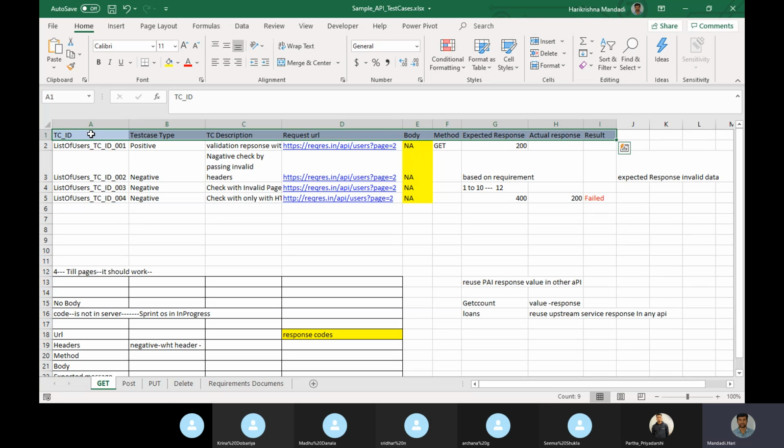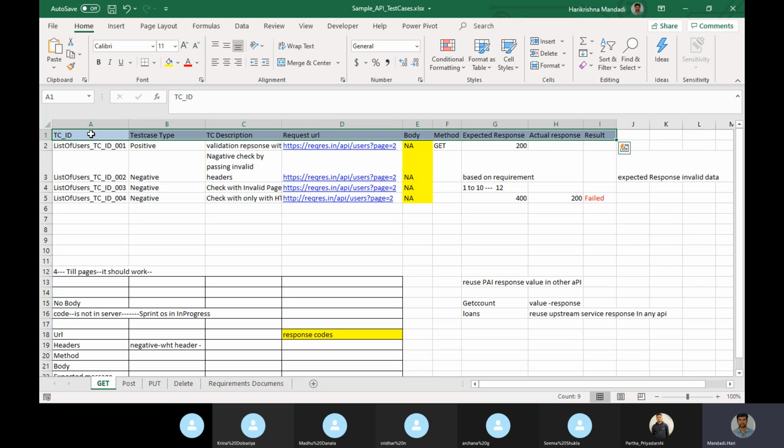So the outcome comes from the business analyst, and I take those and try to automate them, because in my project everything is done by automation, not manual testing.